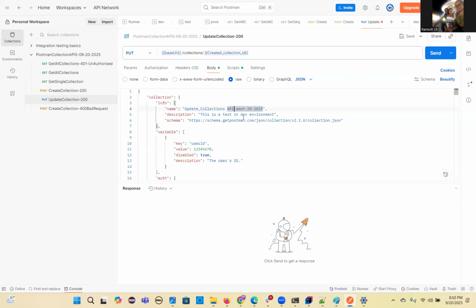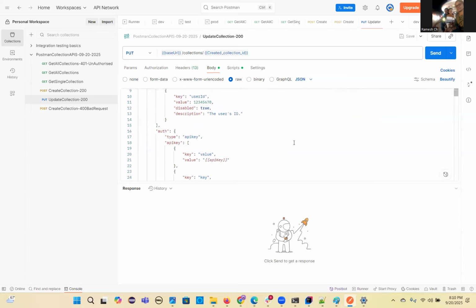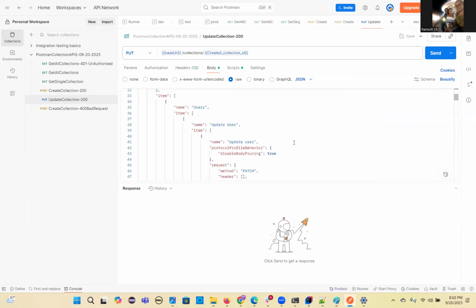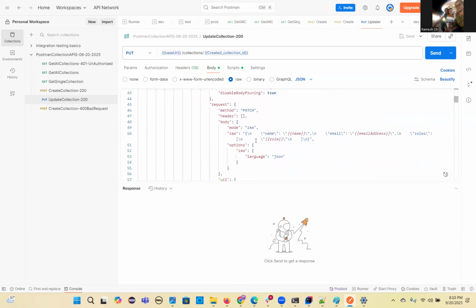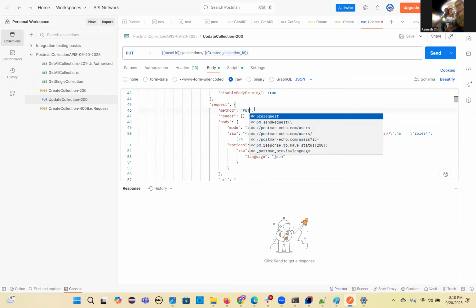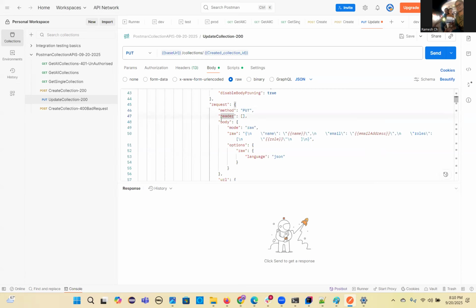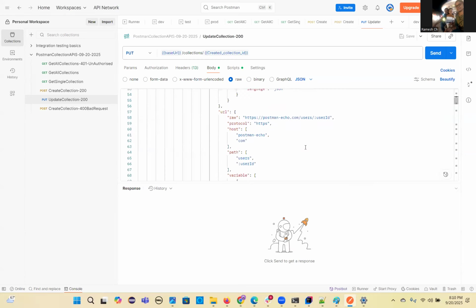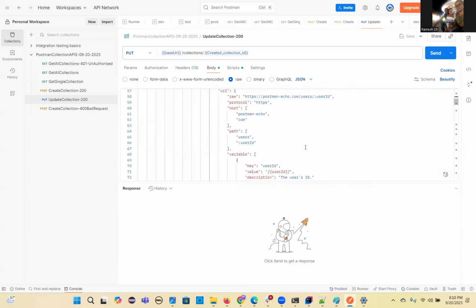So this is a test in this update endpoint test. So basically I'm giving different values. You can change whatever you want here everywhere. So I can say put, right? So